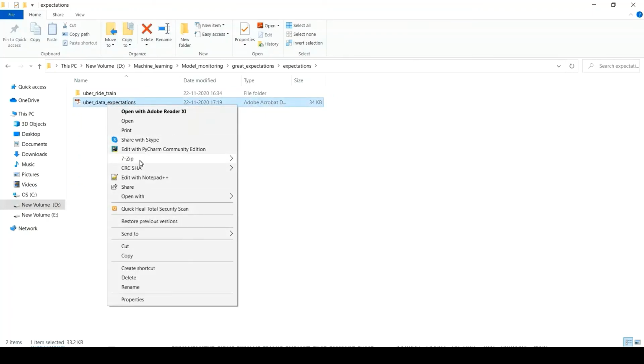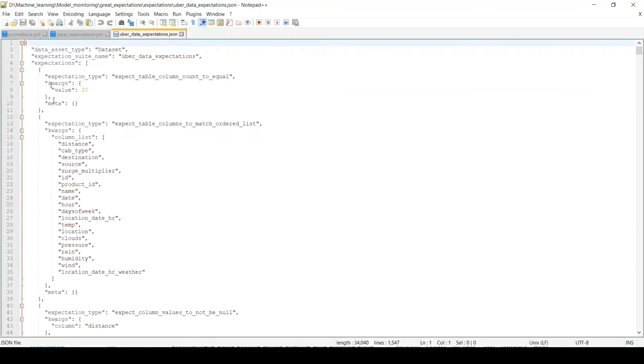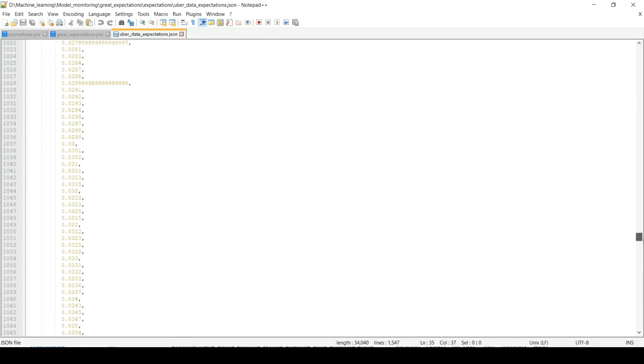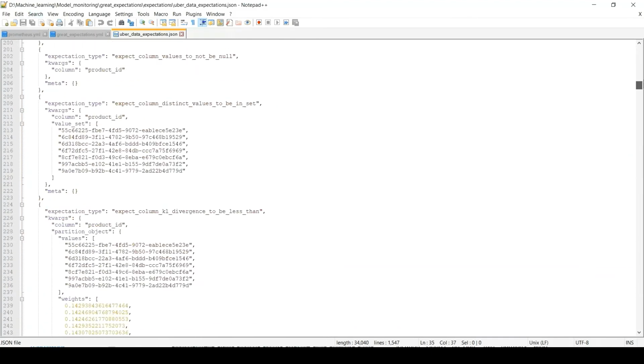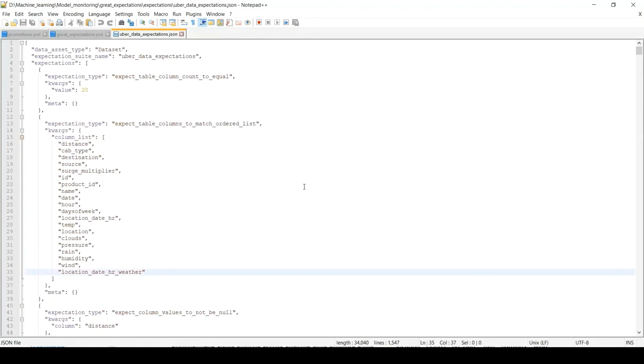If you open this data expectation, you can find all the column lists, all the columns, right? All the expectations you can find here. In this way, you can iterate over the expectation suite to make sure that it meets your business requirement. And if you find that something is not meeting your requirement, probably you can remove it or you can tweak it based on your expectation around the data. And in this way, you can build your production data expectation suite, and you can easily integrate it with your drift check process. Okay.